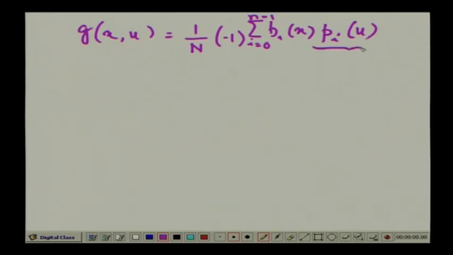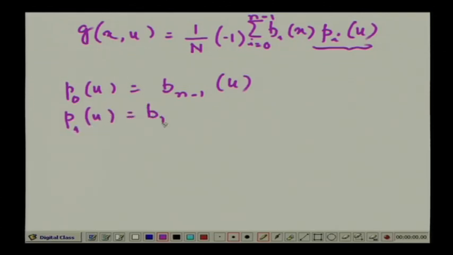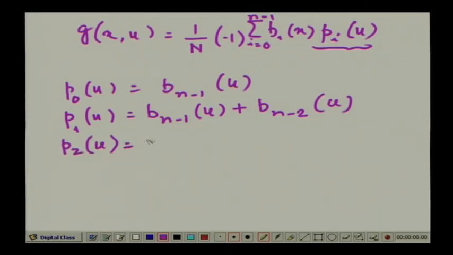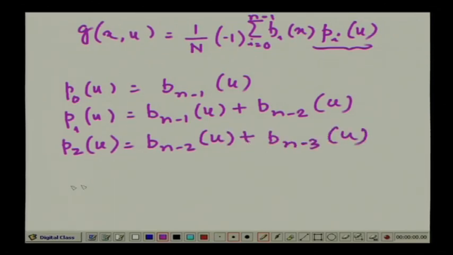And this particular term p_i(u) can be obtained from b_i(u) using these relations. p_0(u) will be given by b_{n-1}(u). p_1(u) will be given by b_{n-1}(u) plus b_{n-2}(u). p_2(u) will be given by b_{n-2}(u) plus b_{n-3}(u), and continuing